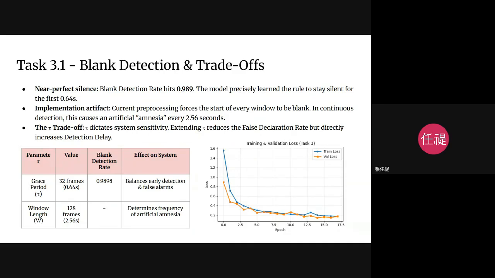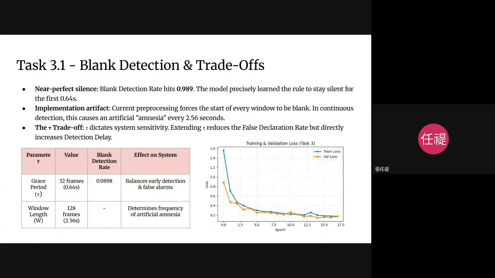Our current code forces the first 0.64 seconds of every single window to be blank. In the real-world continuous data stream, this will cause a wearable device to artifactually lose its memory every